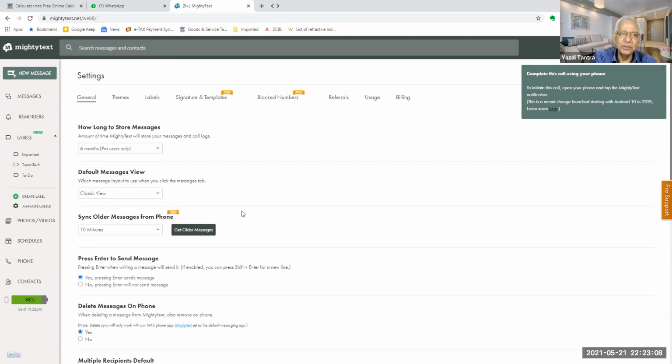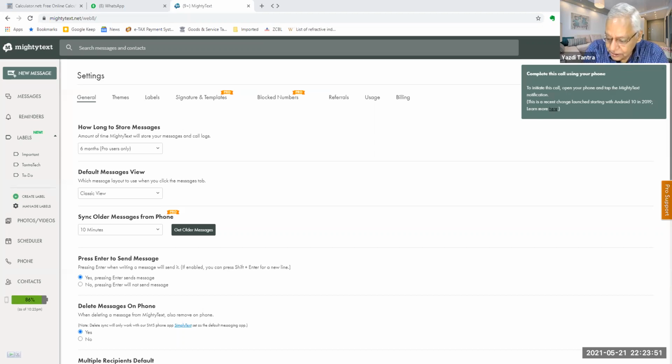You have a photo gallery, you can manipulate photos online, etc. But it's a huge thing. Suffice it to understand that you can handle all your SMSs right from your phone or from your computer. Any questions? I thought this would be short, but if we go through all the messages and all the features, then automatically it fills up the time for half an hour. If you have any questions, please let me know.